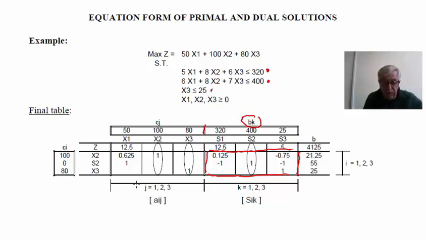On top of the first matrix, we also have the initial coefficients of the decision variables, that is 15, 100, and 80. And here on the left, we also have the original coefficients of the variables. That is, the original coefficient of x2 in z is 100. S2 doesn't appear in z initially, so coefficient 0, and x3 has a coefficient of 80.